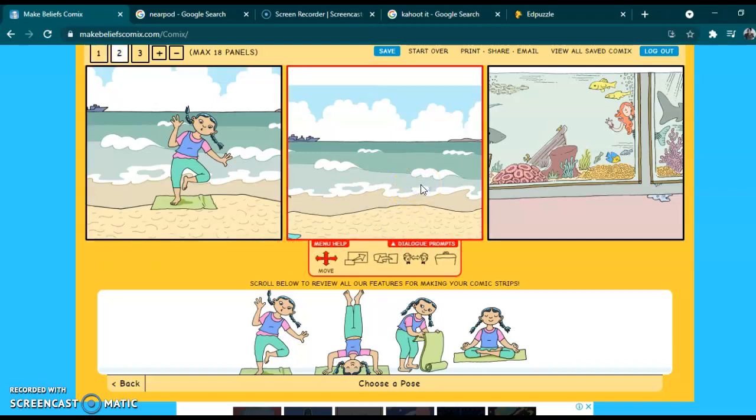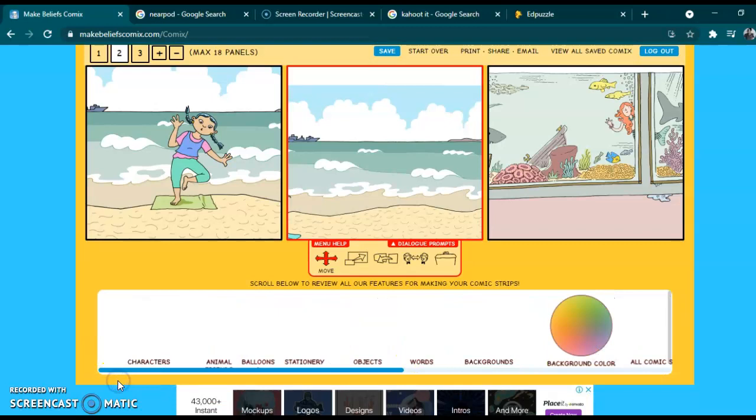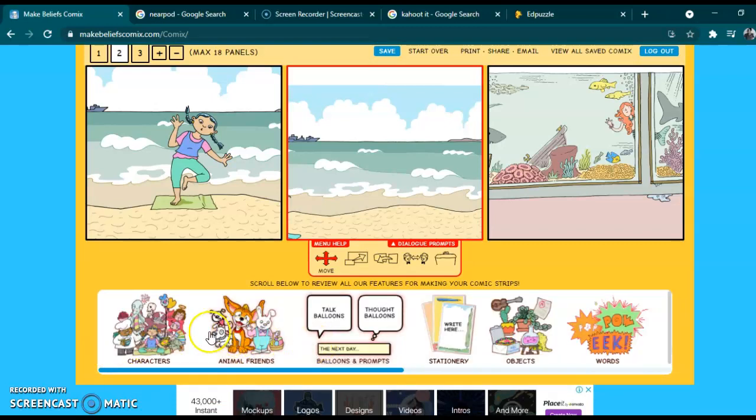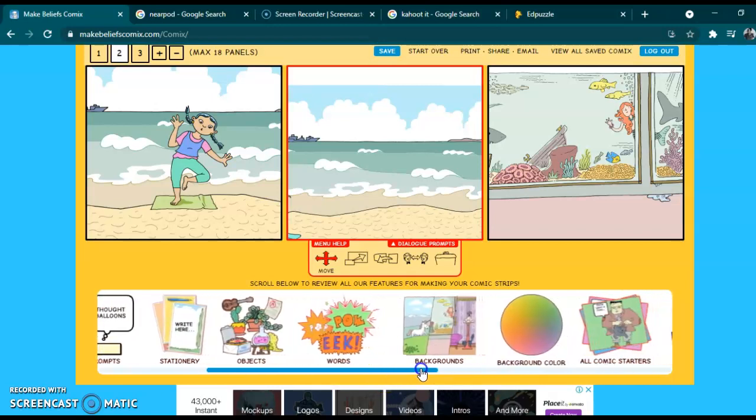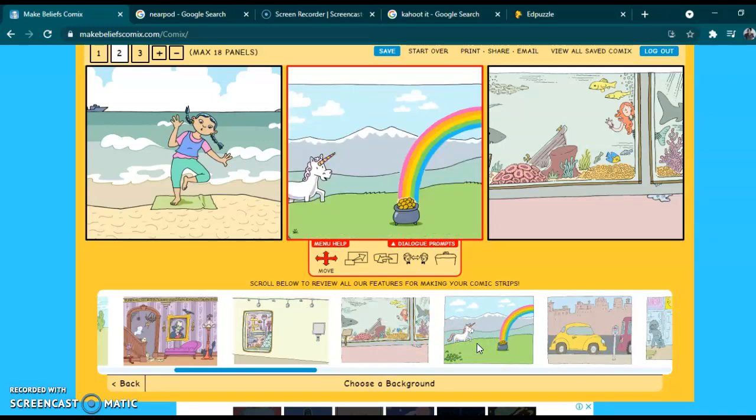For the next scene, I'm going to change the scene. Since she loves to do yoga all over the place, I'm going to give her another place. She's doing yoga there on the beach. Let me give her somewhere else to do yoga. So I'm going to go back to backgrounds and choose another. So that's the scene. She loves to do yoga anywhere. Now she's going to be doing yoga with unicorns. So I'm going to go back